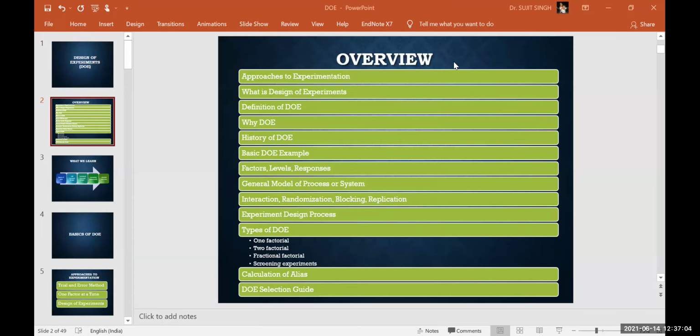For having a good understanding of this class, some examples we are going to discuss. For that, we require the Minitab software, right? I request you all to download the Minitab software and install it on your system, because we are going to use it for some basic, simple examples, such as how to calculate the p-value and other things.